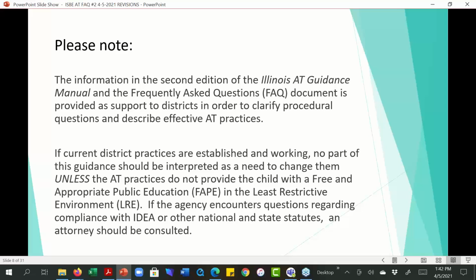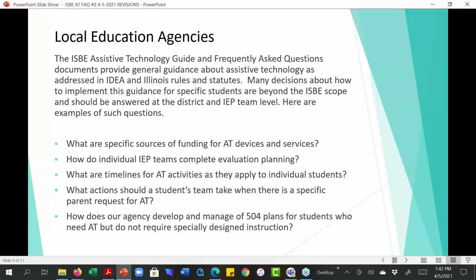If you encounter questions regarding compliance with IDEA or other national and state statutes, you should consult with your district attorney if it rises to that level of concern. But the main thing about any of the guidance about assistive technology is that it needs to provide students with disabilities with FAPE in the least restrictive environment.